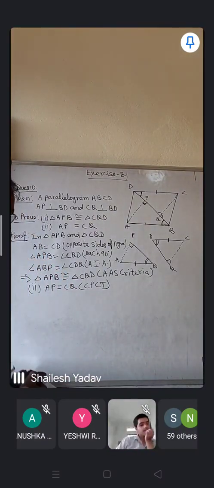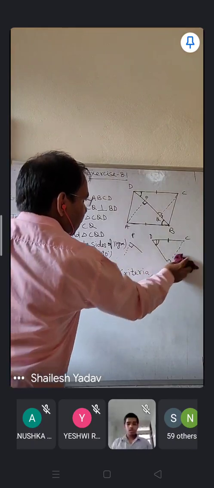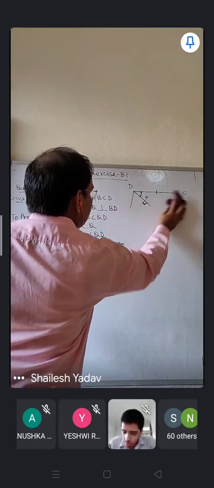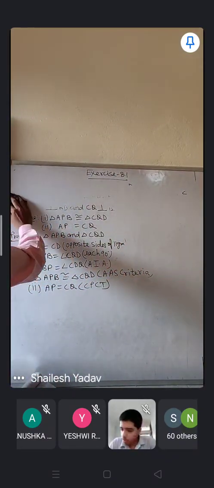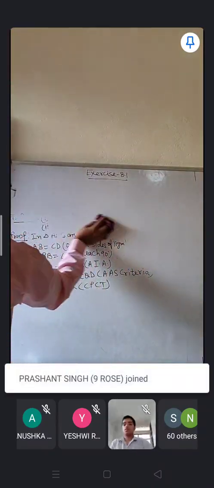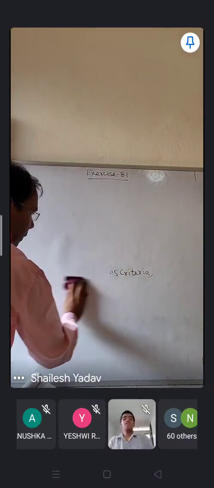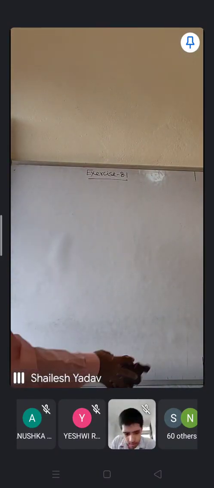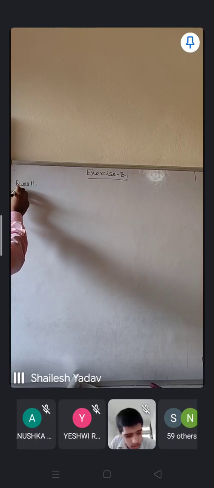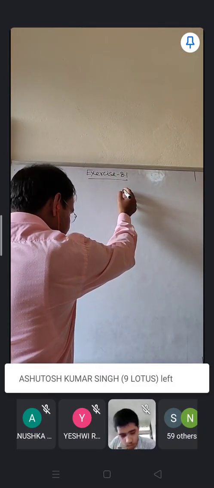That is question number 11. So students, in question number 11, you are going to get a very complicated diagram. So I'm going to draw that, and after that I will explain. It is a very simple question, but the diagram given there is a little bit complicated. So I'm going to first draw the diagram, and with the help of the diagram, I will explain the question. The diagram is given like this.